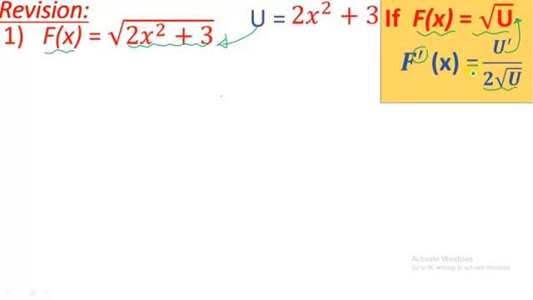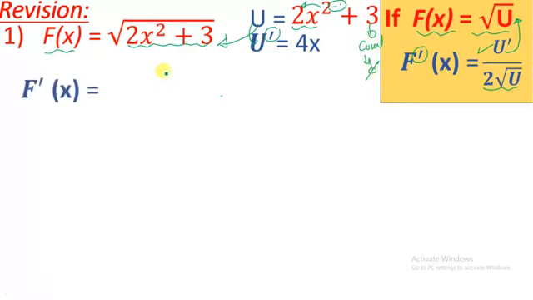Then to apply this rule, we must find u prime. So we will take the derivative of u, that is u prime, and it is equal to, what is the derivative of 2x squared? It is 2 times 2, which is 4, and we will reduce the power by 1 to get 4x. And the derivative of 3, because it is a constant, will be 0, so we will remove it. Now we will apply the rule: f prime of x equals, first we will substitute in the numerator u prime. So what is the value of u prime? It is 4x